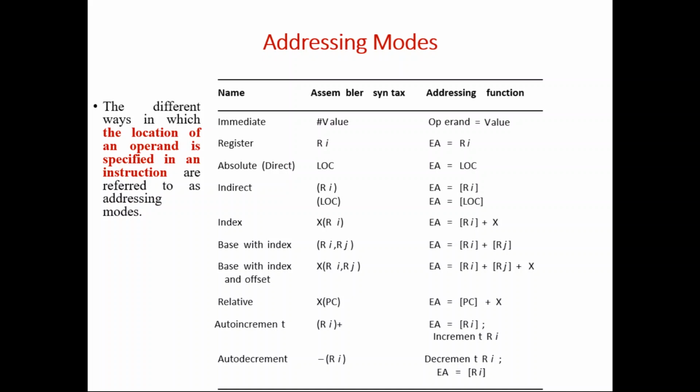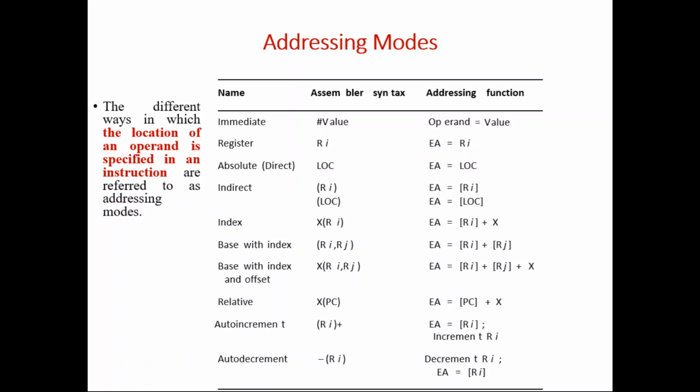Depending on the requirement, we may have to use the appropriate format of address. And in different addressing formats, the place where the operand is located might be specified in different ways, and that is what we call addressing modes. So addressing mode is basically the ways in which the location of the operand is specified in an instruction. Addressing mode is nothing but it specifies the location of the operand in a given instruction.